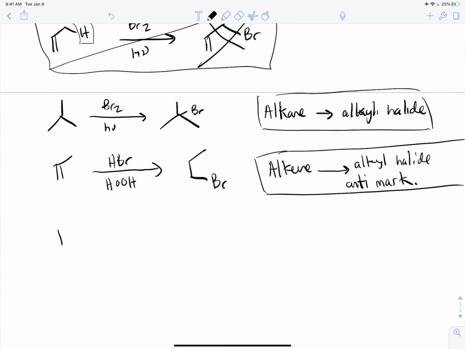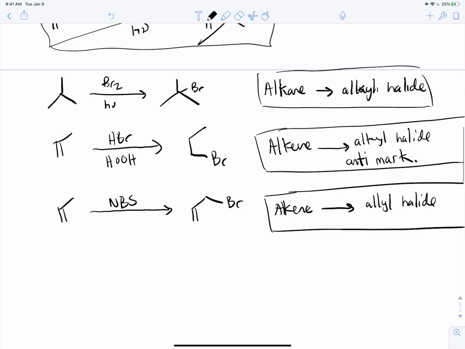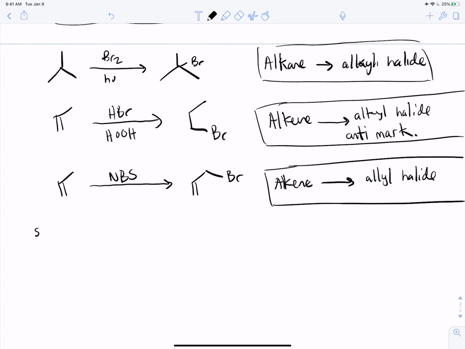And then the last thing we learned was that if we want to substitute at the allylic position but leave that alkene intact, for example, I could do NBS. So that allows me to go from an alkene to an allyl halide. Okay. So one note about all these reactions is the regioselectivity